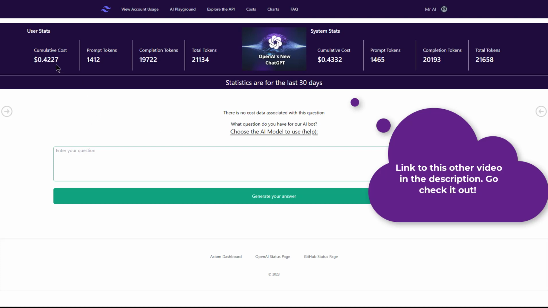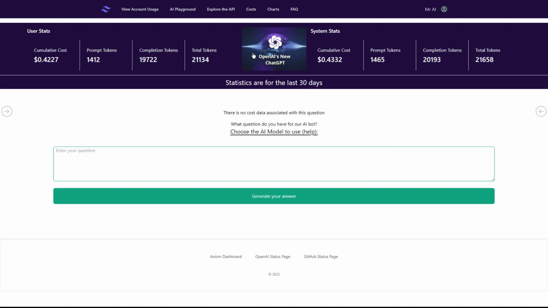And it's pretty cool. There's dashboards and user statistics up here showing what it's actually costing, how many tokens you're using, and how many tokens are being brought back. There's still work that needs to be done on here, but there is a login system. As you can see up here, I'm logged in as Mr. AI, and if you log into your OpenAI account, you can directly get to it from here. Open account or view account usage and go to the AI playground,